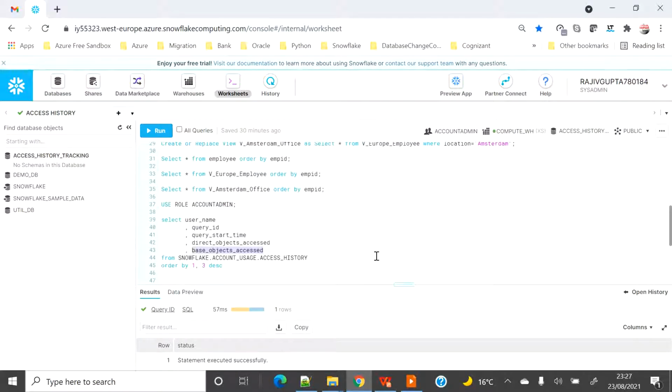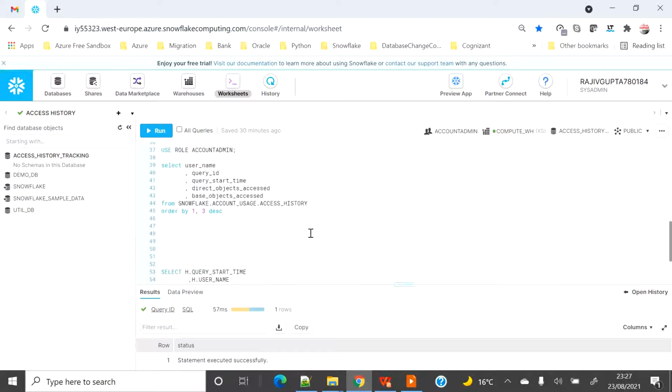And I have already explained in my blog that view Europe employee, although V Amsterdam office is based out of it, will not be considered in either the direct or the base object access. The employee table, the base table from which the query is actually running, is captured under the base object access, and the direct object access is the view which I am querying.